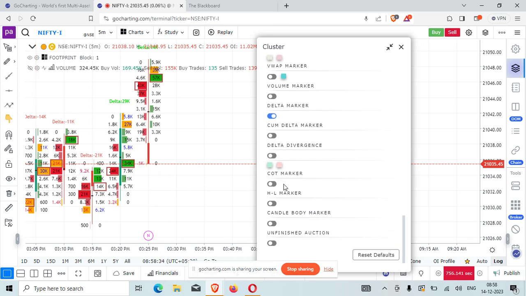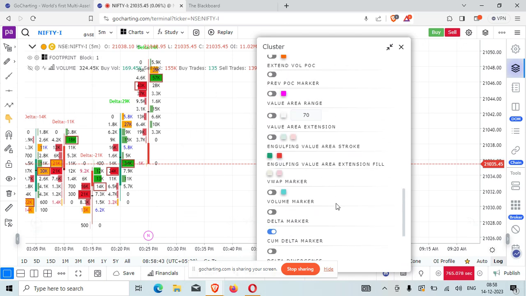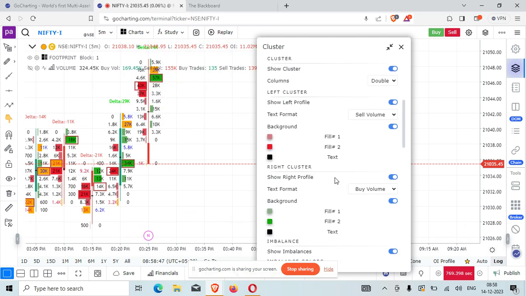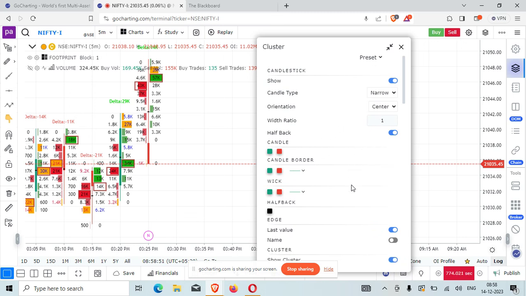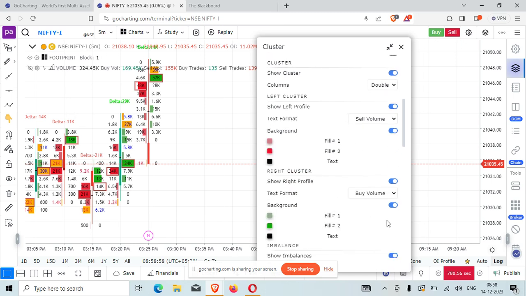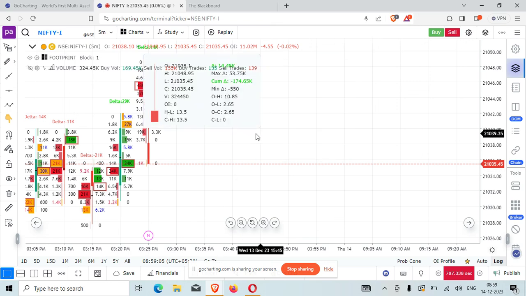Then the commitment of traders marker and these things are separate concepts which we will cover eventually, but just to start with order flow, these settings are sufficient. So basically, instead of going with the single pattern, go with the double column value, the sell volume and the buy volume. Then what additionally we can do is, as I'm looking at the Nifty,